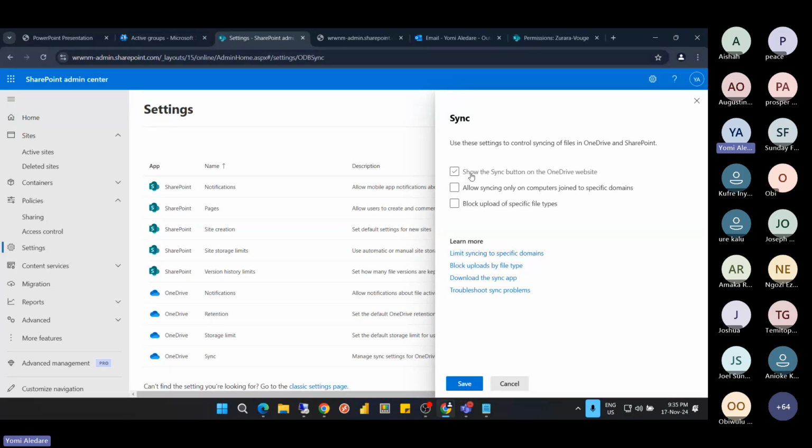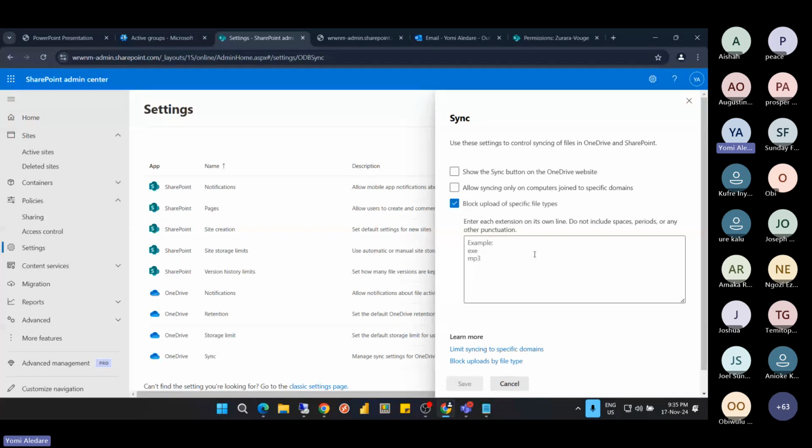Say show the sync button on the OneDrive website. Okay, I've unchecked that. Allow syncing to computers. Okay, that is an advanced concept. But we want to also add this block upload of specific file types. Okay, block upload of specific file types. Currently, I have